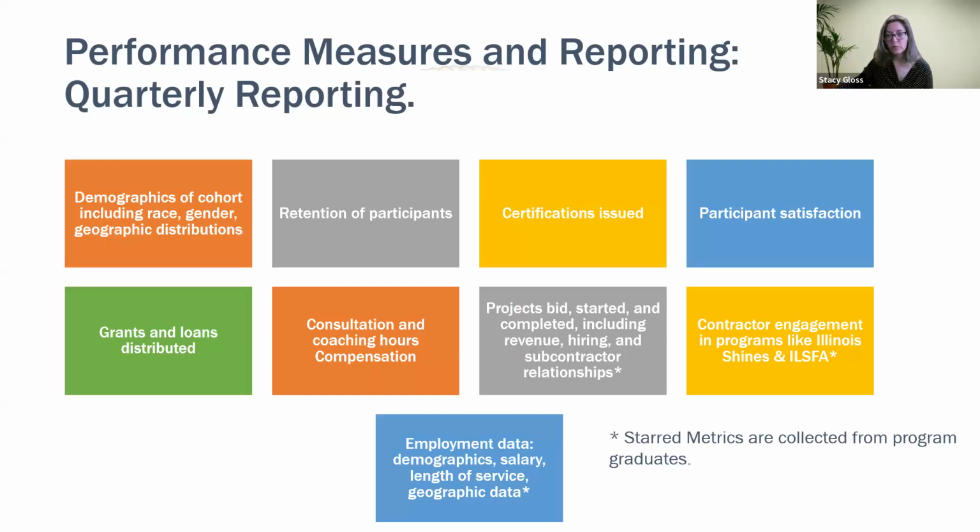The performance measures and reporting requirements are listed here. Each PRIMES program lead will submit quarterly reports. Included in these quarterly reports are participant demographics, participant contractor engagement in other Illinois clean energy programs, such as the Adjustable Block Grant, Illinois Solar for All, and utility run energy efficiency and electric vehicle programs, retention of participants in each cohort, total projects bid and completed by participants, including information about revenue, hiring, and subcontractor relationships,